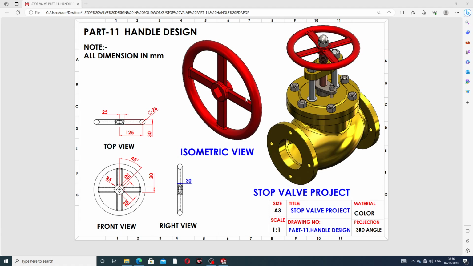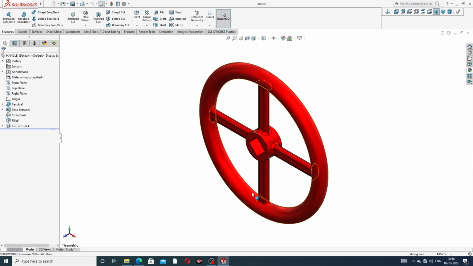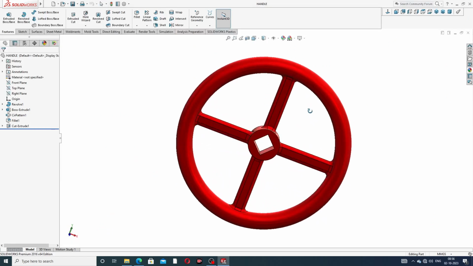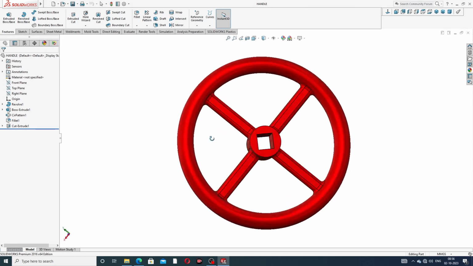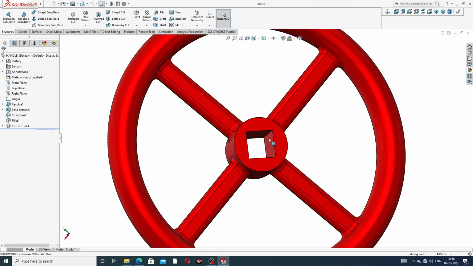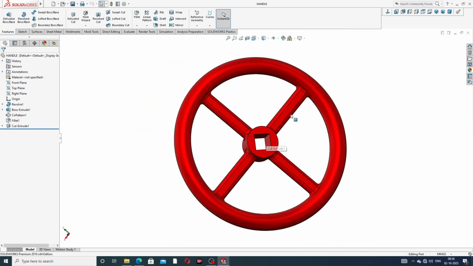Today we discuss a very important lecture for beginner students. This is designing a hand wheel and how to design this body. Okay, let's start, this body design. This is the isometric view, and this cutout is very important,